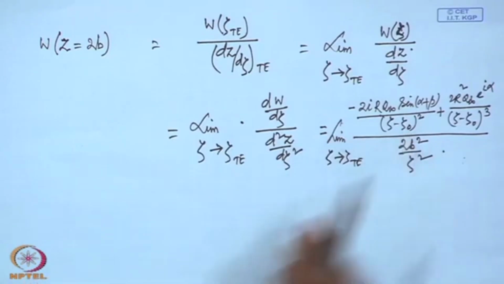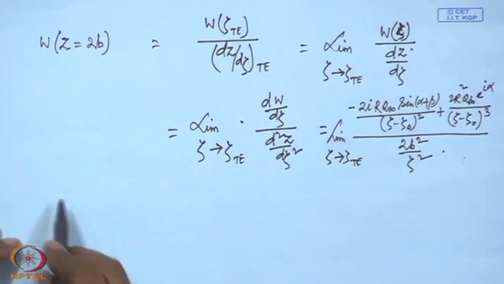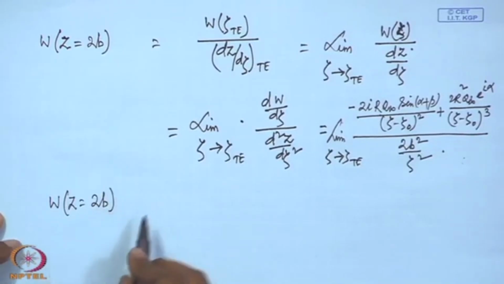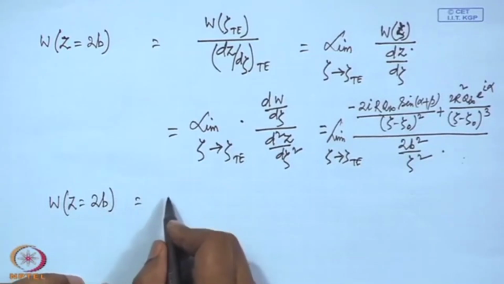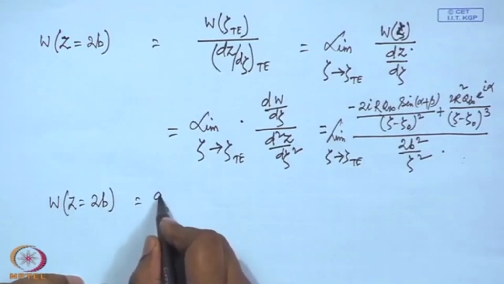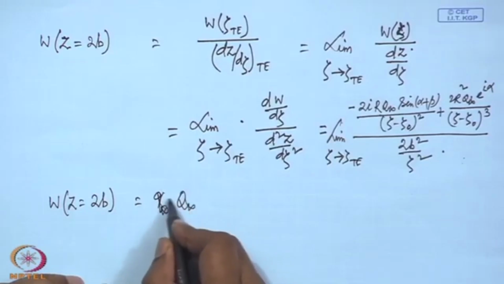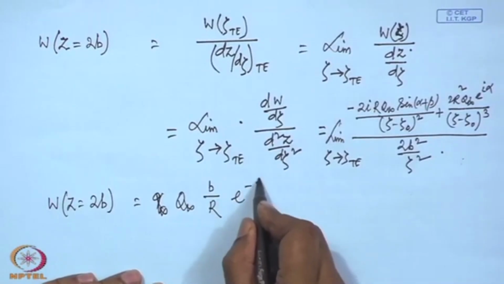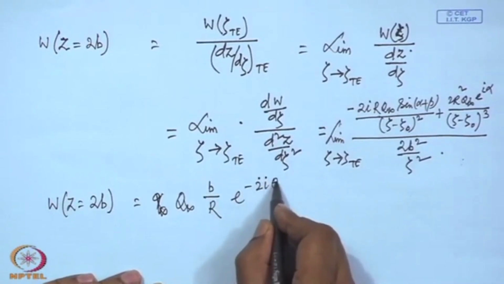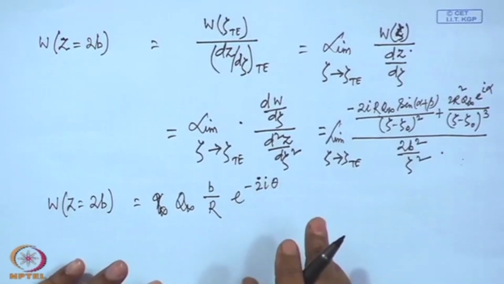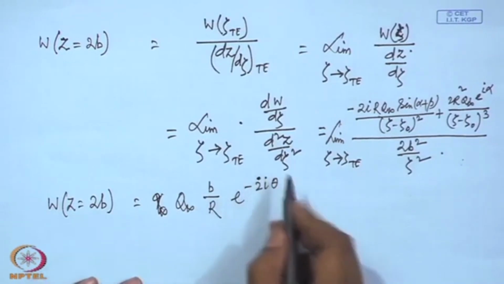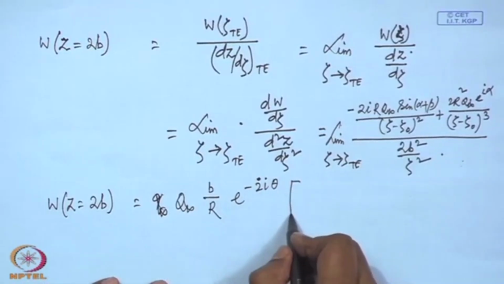Then of course, you can substitute zeta minus zeta naught as r e to the power i theta, and it will come as simply q infinity b by r e to the power minus 2i theta, this is 2, that is nothing but e to the power minus 2i theta into